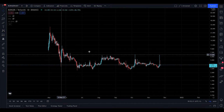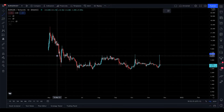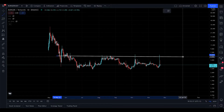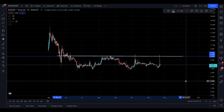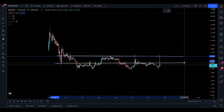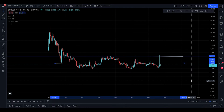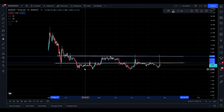Burgers. Wow. Again, accumulation phase, just like we saw with Bake at the moment. Here we are with the first resistance. I'm going to drop a horizontal line right there, which is going to be the $6. Okay, it's $6 right here. And there's another level of resistance down here, a mini resistance here, which is the $4.2. Now, at the moment, straight off the bat, it is looking good for buying if you're looking to